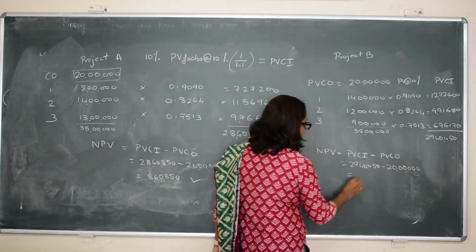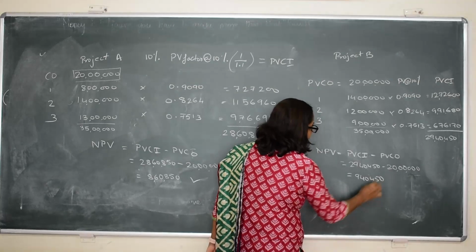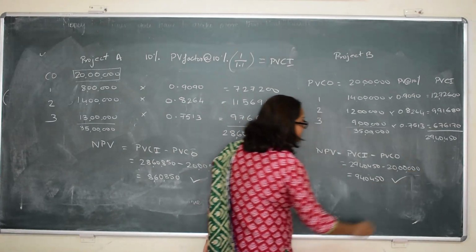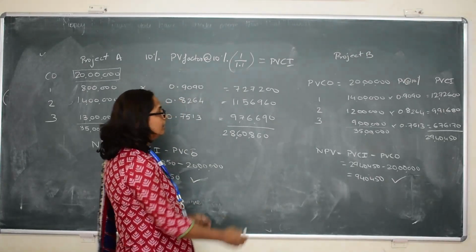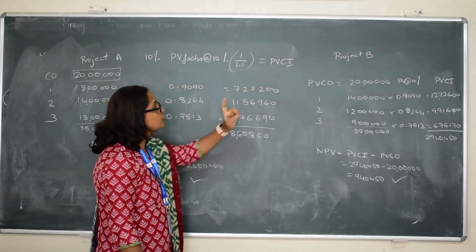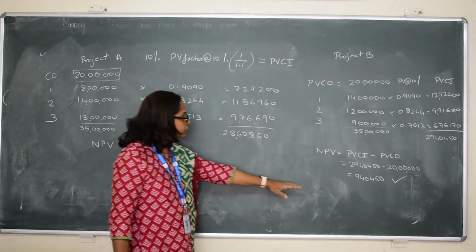So here my NPV comes to 9,40,450. My NPV is positive, so it should accept this project. But I don't have 40 lakhs, I just have 20 lakhs. So I have to choose between project A and project B. So let's choose it on the